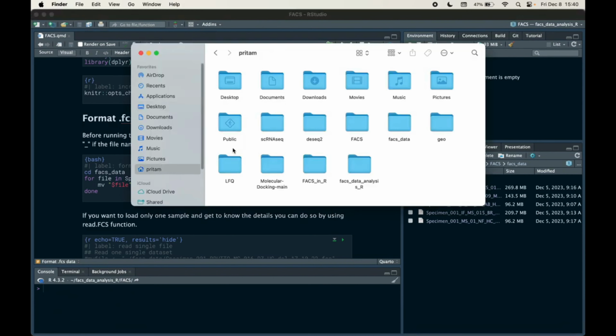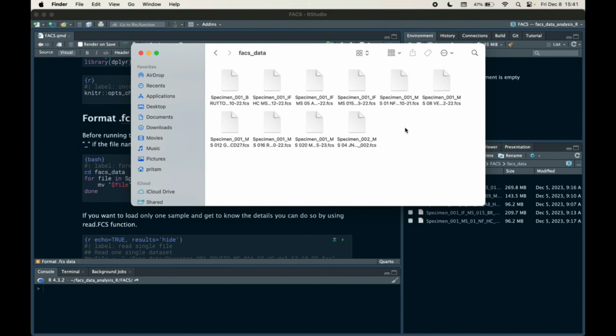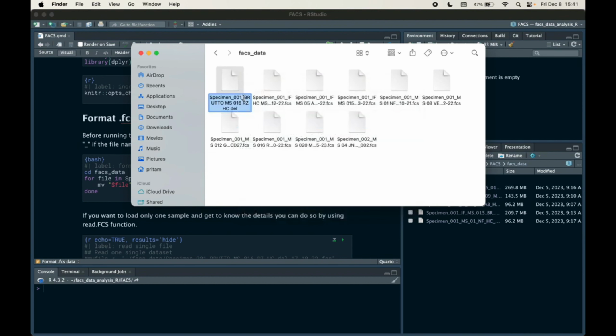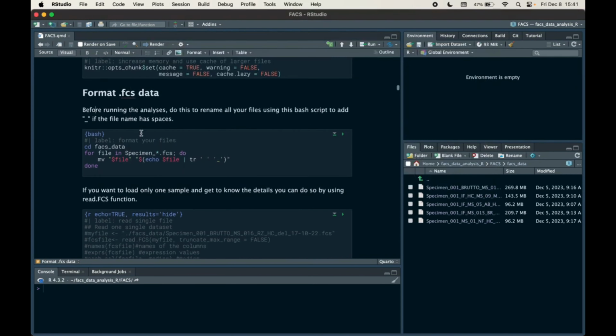Sometimes I get the files. Let me show you. Yeah, this one, for instance. You can see that these files are named without any underscores. I mean, there are some spaces also. Okay. Of course, these are specimen files, but sometimes you get all these files without any underscores, and there are spaces in it. So in order to avoid the spaces in your analysis,